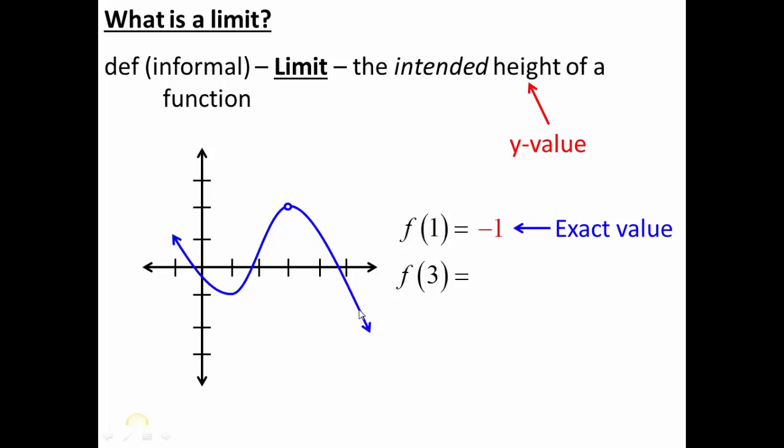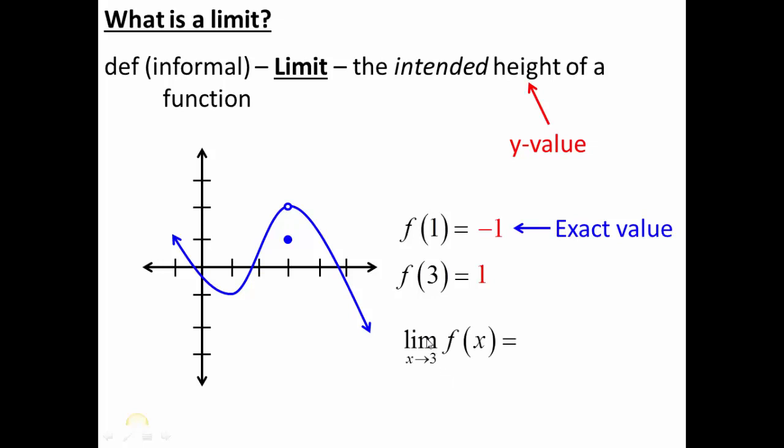So in this case, when I ask what's the height at x equals 3, because there's a hole in the graph, I would be forced to say undefined. There is no height at x equals 3 because there's a hole in the graph at x equals 3. On the other hand, if I do something like this, there's still a hole at x equals 3, but there's also a closed point slightly below that hole. So in this case, when I ask what's the height at x equals 3, I would say that the height is 1, because the coordinate along that vertical line at x equals 3 has a height of 1, not a height of 2.